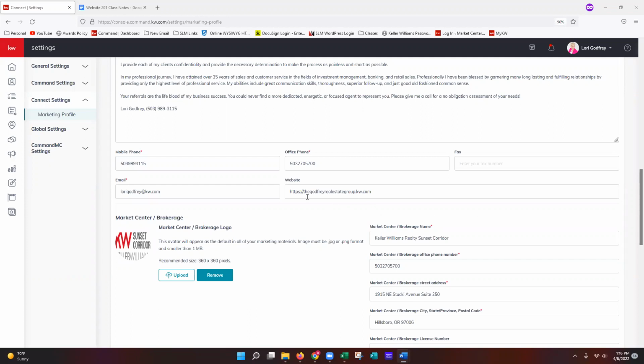For the website, if you are using the Command provided website, and you're using the URL that ends in .kw.com, this is the platform that is provided to you by Keller Williams International. So it ends in .kw.com. Couple of things. First, you want to make sure that in this box, it starts with HTTPS://